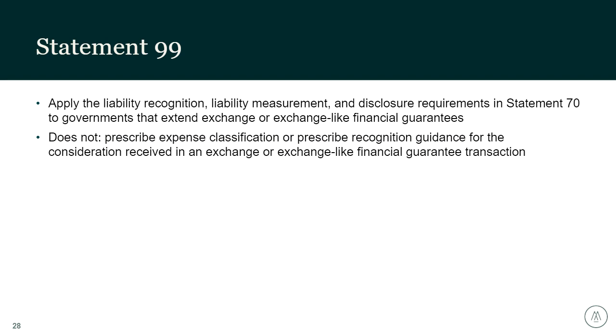This establishes or amends accounting and financial reporting requirements for specific issues related to financial guarantees, derivative instruments, leases, public-public and public-private partnerships, SBITAs or subscription-based information technology arrangements, the transition from LIBOR, certain supplemental nutrition assistance programs, non-monetary transactions, pledges of future revenues, and then a focus on government-wide financial statements and terminology.